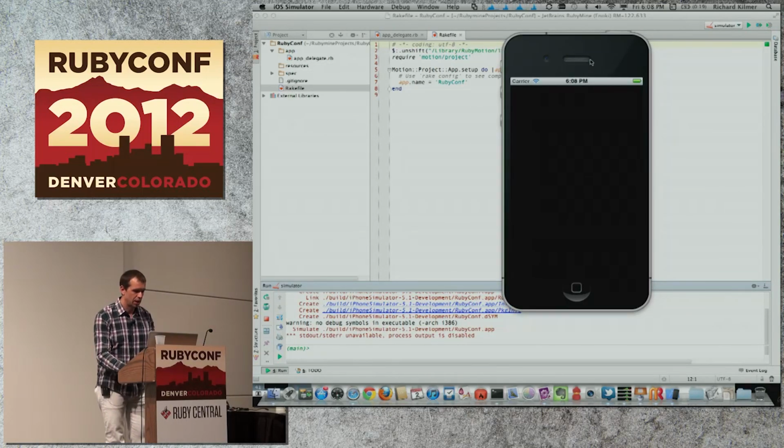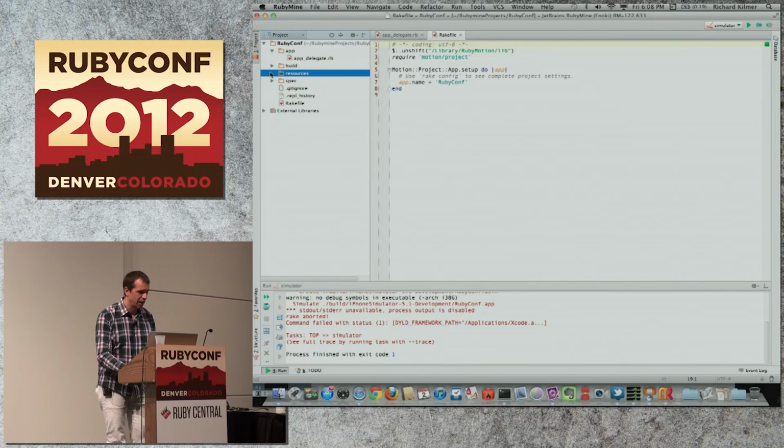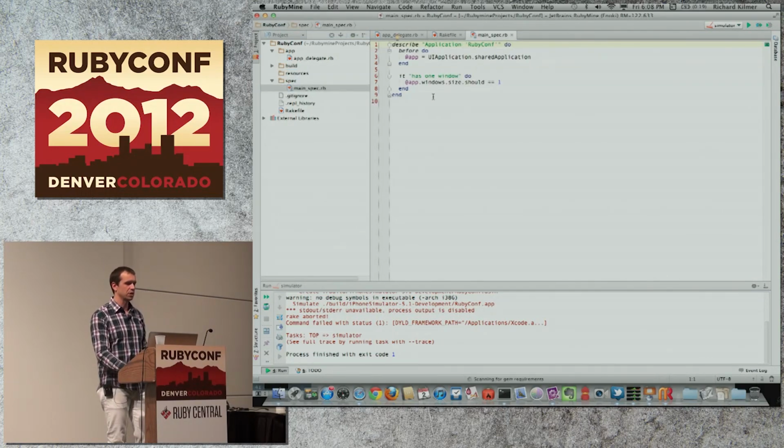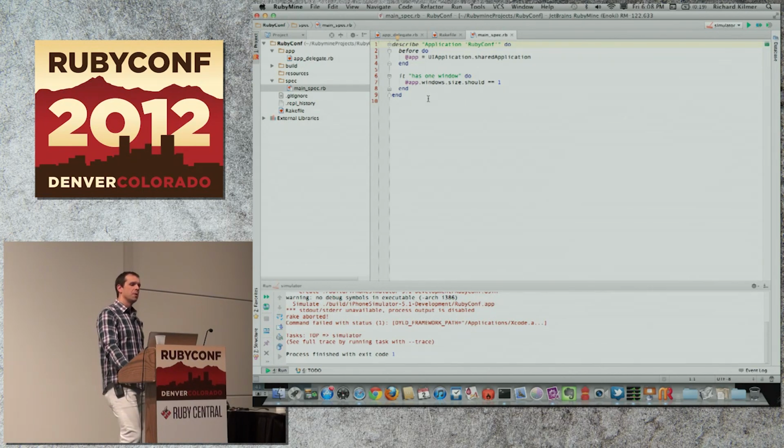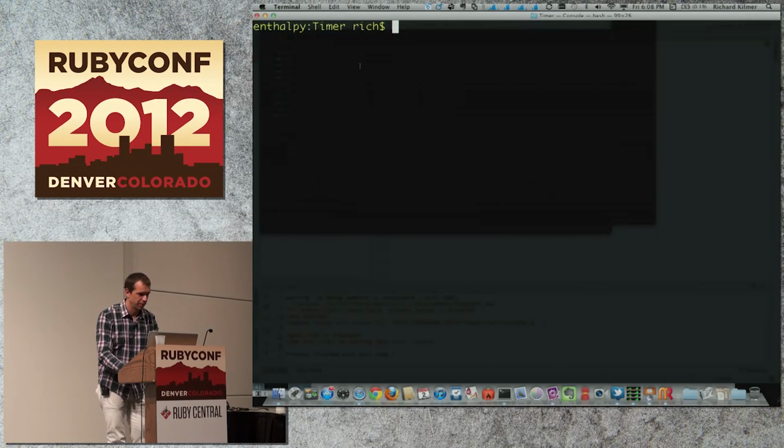And by the way, quit out of that. I'm going to show you a little bit more about what you can do. This is your spec that actually starts. If I was to run that spec file, it would fail because right here it says I'm going to get an application. I'm going to make sure the Windows has a size greater than 1, that a window is defined. There isn't one. So by default, your specs fail. Yay, testing. Right, because that's the way we should be doing test-driven development.